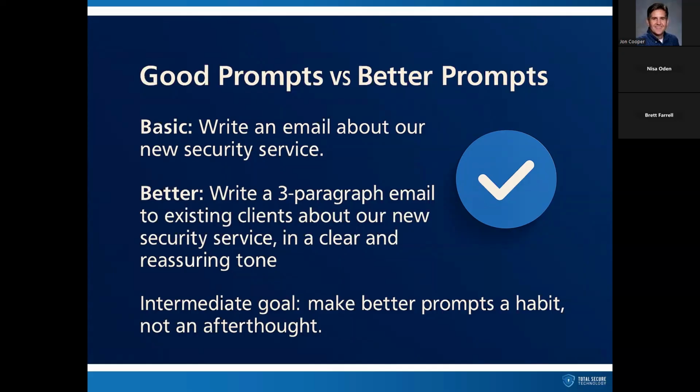A better prompt for intermediate use of Microsoft Copilot is something more like this. Write a 3-paragraph email to existing clients about our new security service, in a clear and reassuring tone, highlight 3 key benefits, and end with a simple call to action to schedule